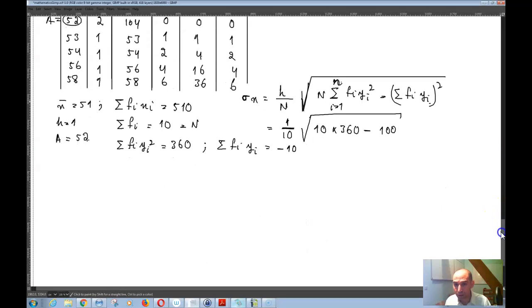So now to do this calculation, you have basically 1 over 10 times the square root of 10 times 360, which is 3,600, minus 100, is equal to 3,500. And the square root of 3,500 is equal to